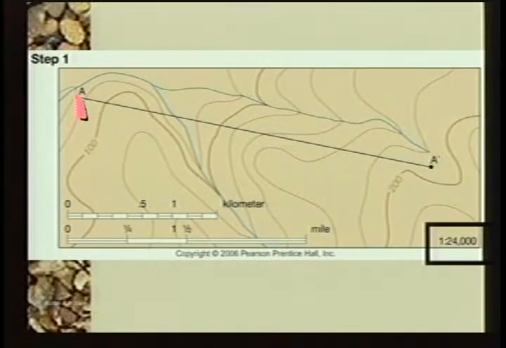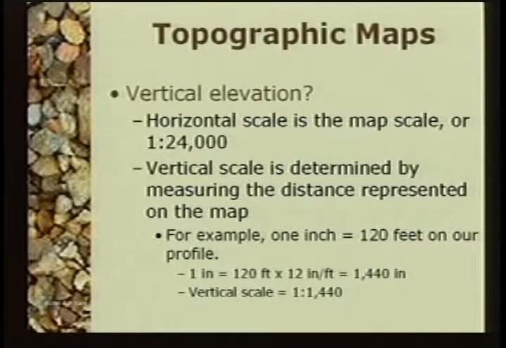Okay, here is our original A to A prime, and here is the ratio 1 to 24,000 printed on the map. This gives us our horizontal ratio. What about that vertical? Well, the vertical scale is determined by measuring the distance that is represented on the map, the changes in elevation, and how we plotted that on the vertical scale that we just constructed with our straight edge. Okay? For example, if we have 1 inch would be equal to 120 feet on our profile,